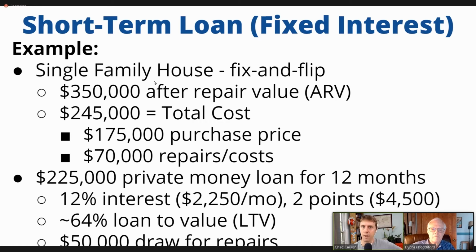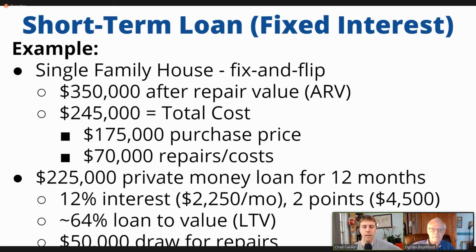So how would the private money fit into that equation potentially? Let's say you went to a private lender and you found somebody who would loan you $225,000 for 12 months. That could be maybe 6 months, maybe 6 months with an extension, but somewhere in the 6 to 12 month range, I have found to be pretty common. And let's say that lender is willing to loan you money at 12% interest on that $225,000. So at 12% interest, that's